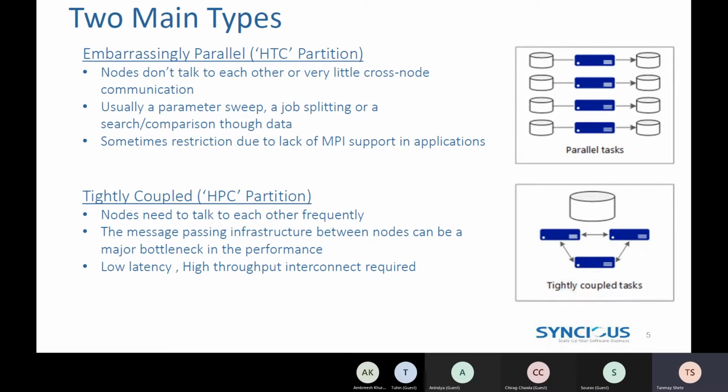So in our cloud HPC we have also created two partitions. One is the HTC partition and another is the HPC partition. So this is one reason that you can decide which one to go with. Along with that, there are some other characteristics of the individual nodes. Based on that, you can decide which partition to select. When you are submitting a problem, you should provide the partition, that is, which type of partition my problem should go to, whether it should be the HTC partition or the HPC partition.